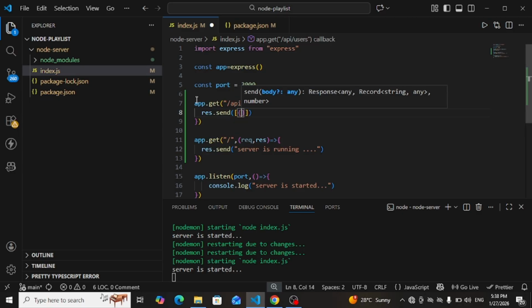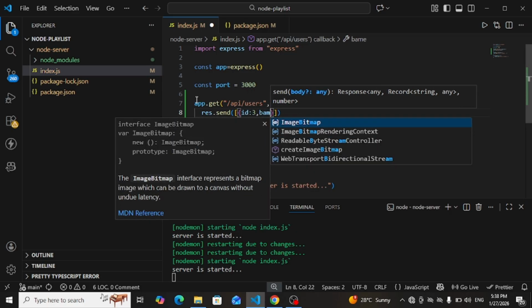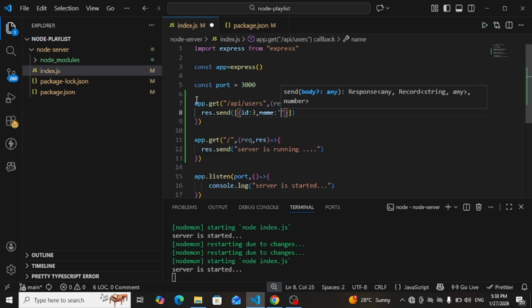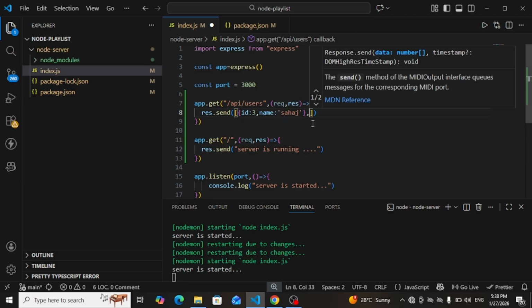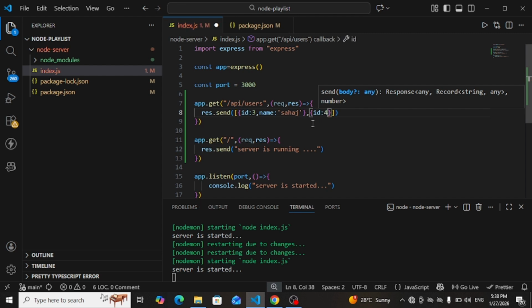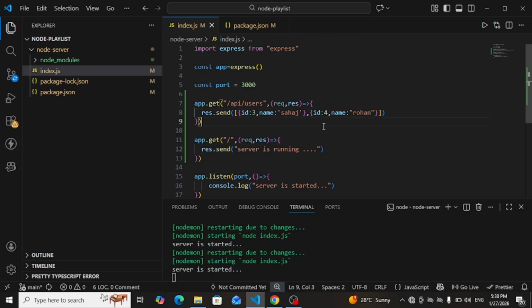So let's say one object has id 3 and name Sahaj, and another object has id 4 and name Rohan. That's it, our API is ready. So now let's test this API.